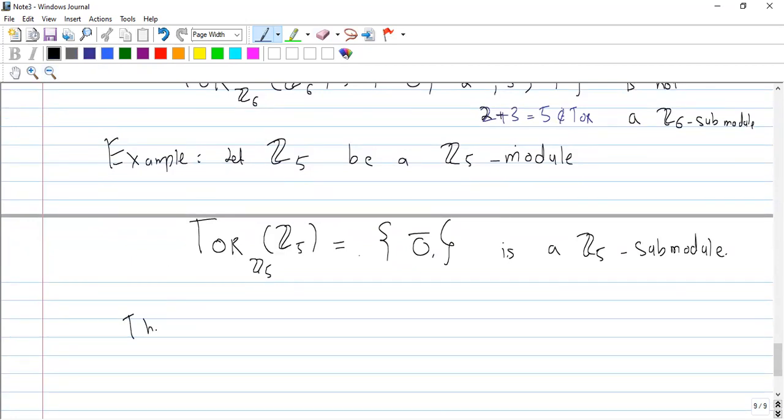हमारा थ्योरम ये कहता है that if R is an integral domain,